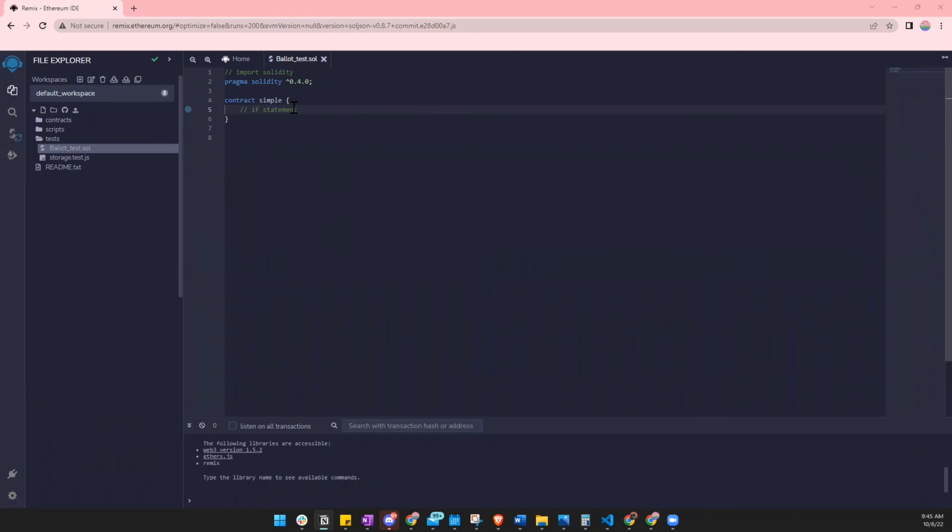Note here is the if statement. It basically goes that if the condition is met, then run the code inside of the curly brace, or else run the code. So it's very similar. So let's go ahead. We have if